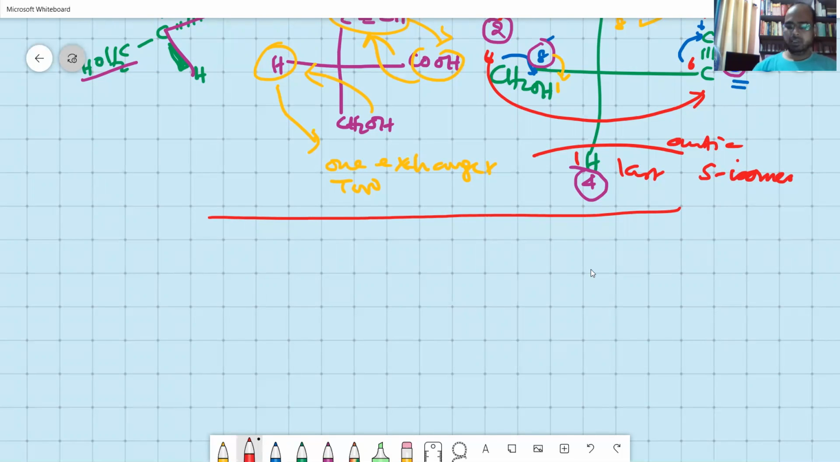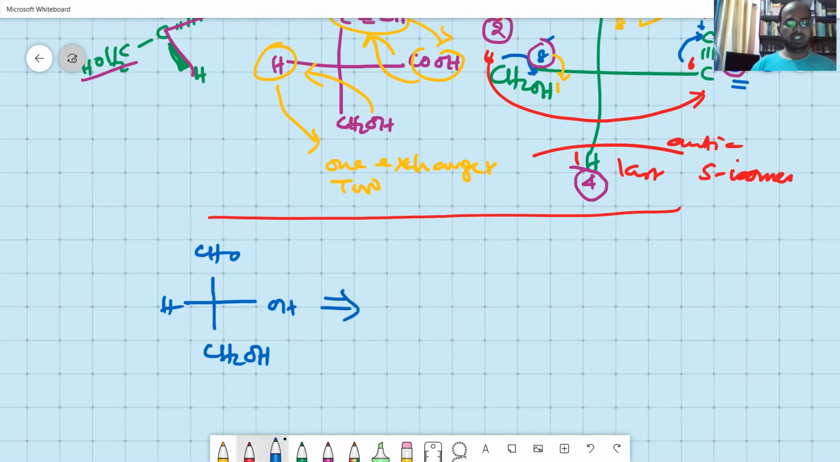In one of the books, it's given directly as CHO, H, OH, and CH2. Okay, what do you do? You just interchange them, exchange them. So when you exchange them, you get a structure like this: H,